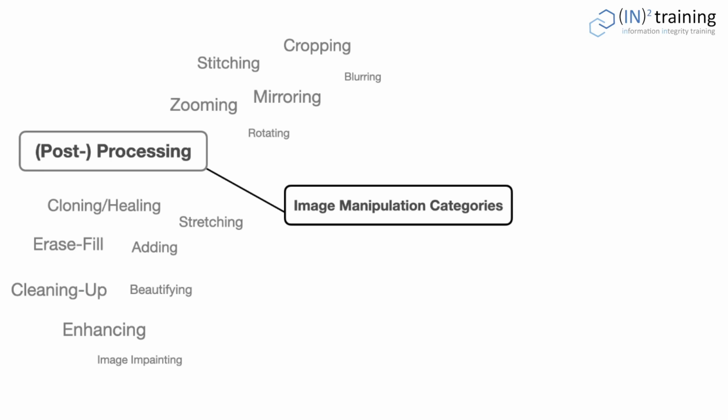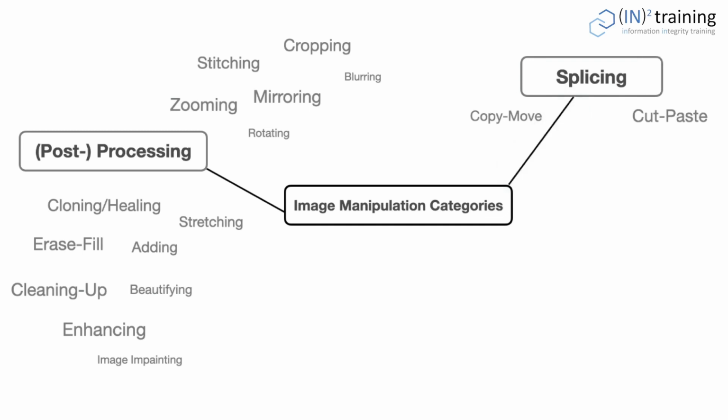When we look into the literature of signal processing and electronic engineering, where researchers develop algorithms for the automated detection of certain types of image manipulation, we find that basically three prominent types of image manipulations play a predominant role: cut-paste, erase-fill, and copy-move. Cut-paste refers to instances where image content is copied and pasted onto a different image. Copy-move refers to cases where image content is copied and pasted onto regions of the same image, which can be considered another category under the umbrella term splicing.